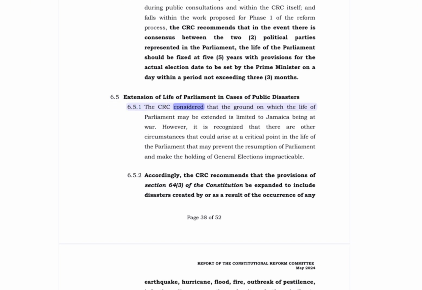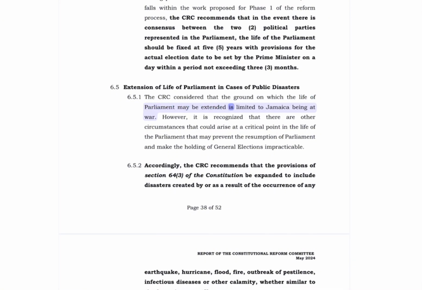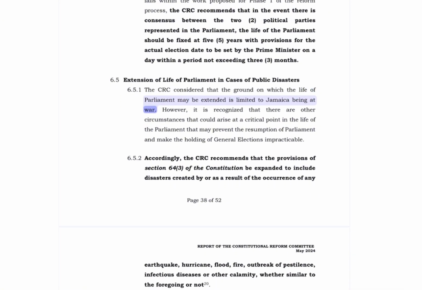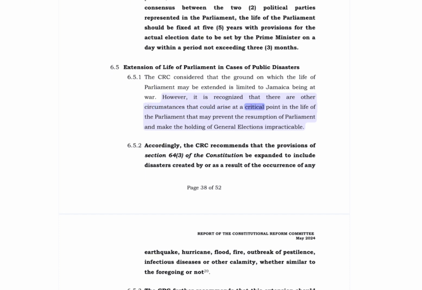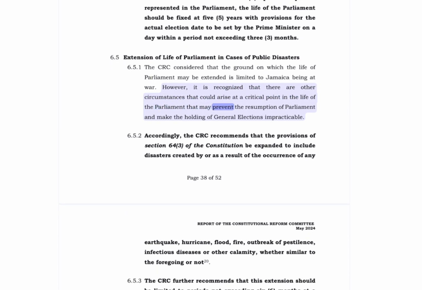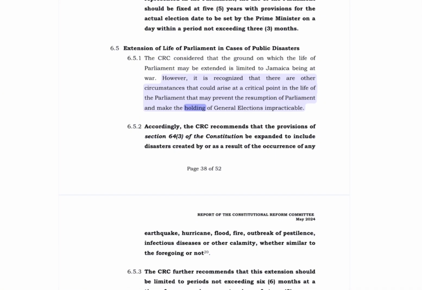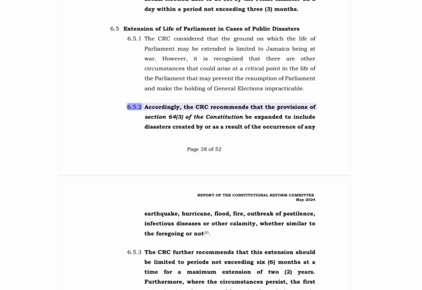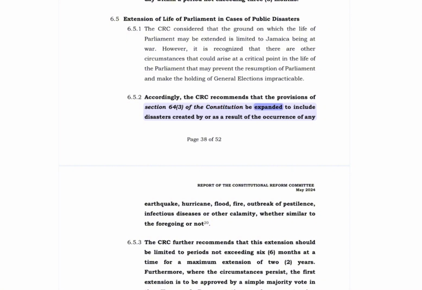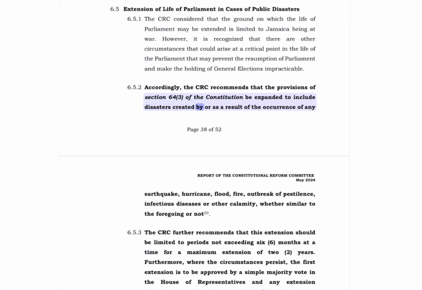6.5.1 The CRC considered that the ground on which the life of Parliament may be extended is limited to Jamaica being at war. However, it is recognized that there are other circumstances that could arise at a critical point in the life of the Parliament that may prevent the resumption of Parliament and make the holding of general elections impracticable. 6.5.2 Accordingly, the CRC recommends that the provisions of Section 64(3) of the Constitution be expanded to include disasters created by or as a result of the occurrence of any